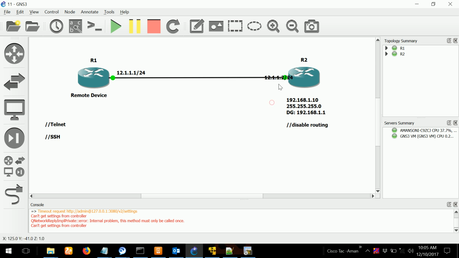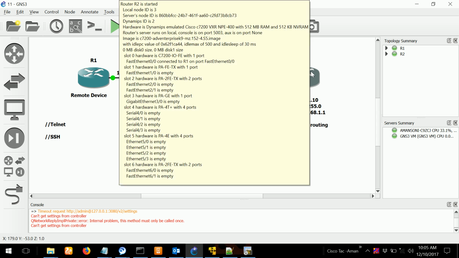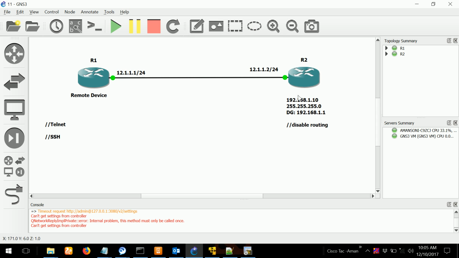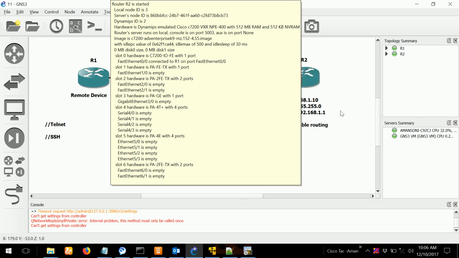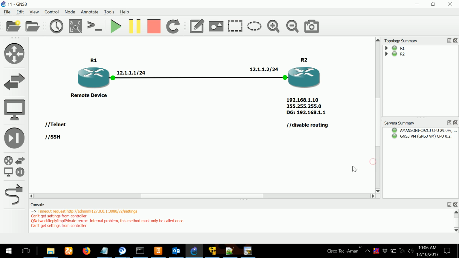And now in this lab, I want to show you another thing. I'm going to convert this router into a PC. Meaning we will change this router and it will be acting like a PC. It doesn't mean that you can play some movies or music on this. It's not that kind of PC. It will be a very normal PC with an IP address, subnet mask, and a default gateway.